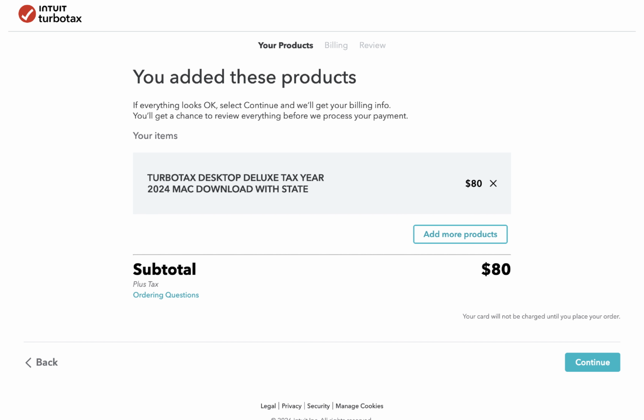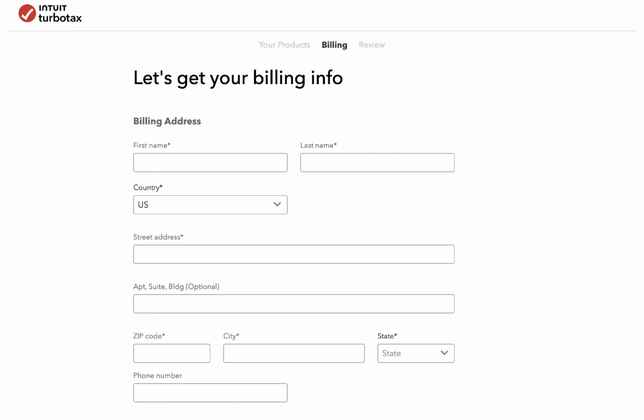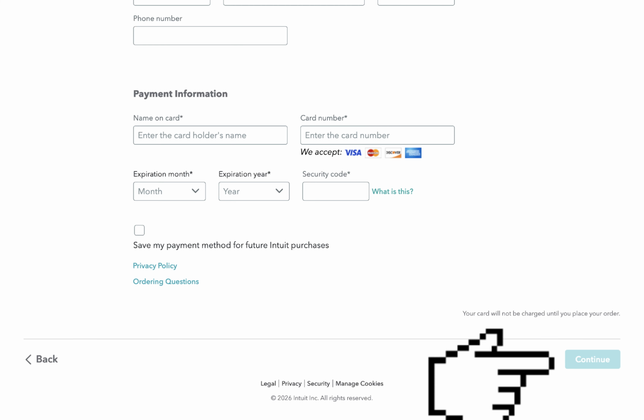After you added the desired product, click on the Continue button to go to the Billing section. And you may start to add your payment. Then again hit the Continue button to proceed with your purchase. And after the purchase is done, you can download and install the software on your computer to prepare and file